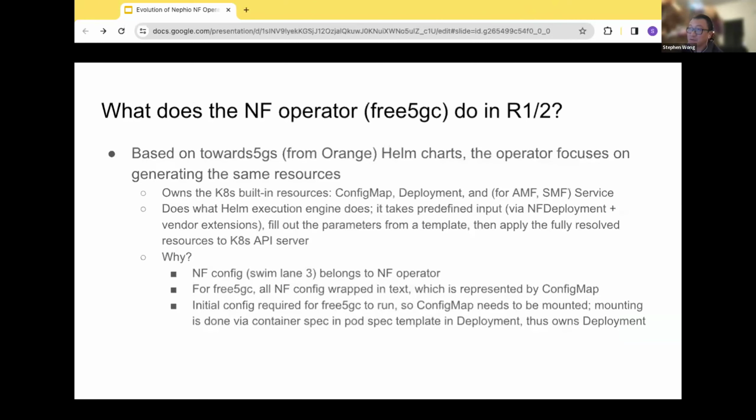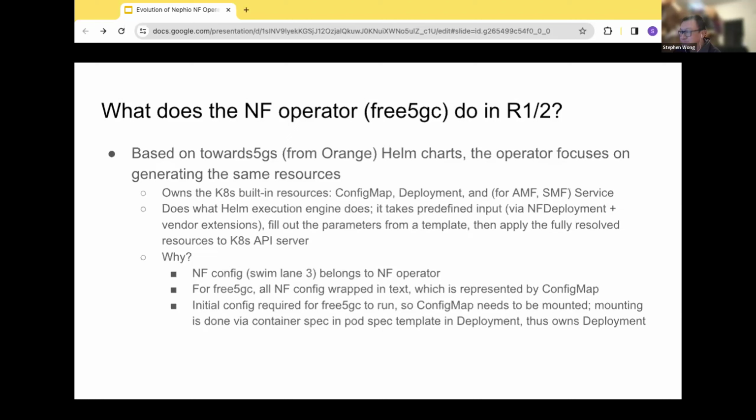Going back to our current free5GC operator, I can't really speak for the AI one because I haven't actually looked at it. The free5GC operator that we have for R1 and R2, when I started writing it last year, was based on the Helm charts from Orange towards 5GS.